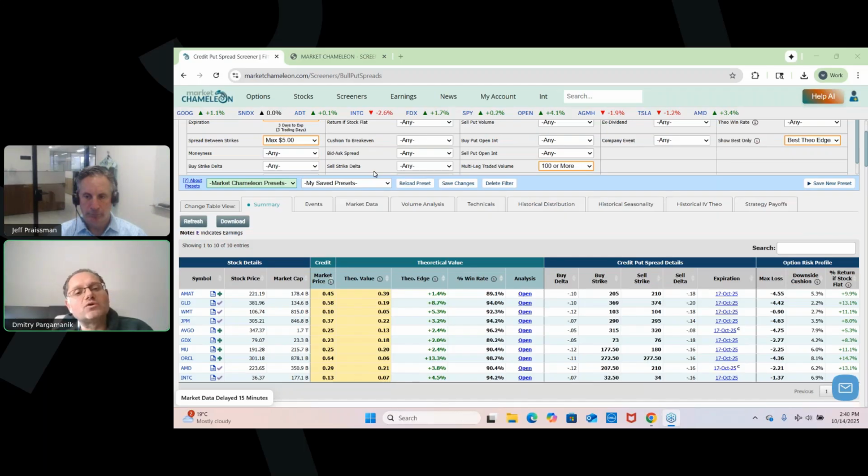It depends on what your outlook is on the stock. If you feel bullish and you have certain strikes you think it's going to go above, and then the spread looks attractive to you, you could do any type of spread. So you don't have to do out of the money put spreads, it will really depend on your unique outlook